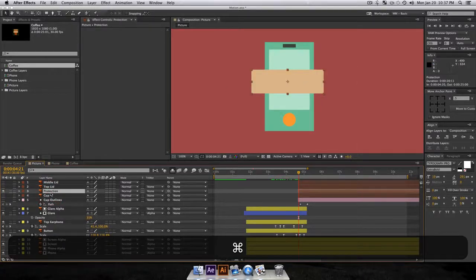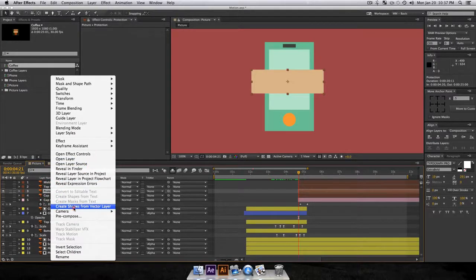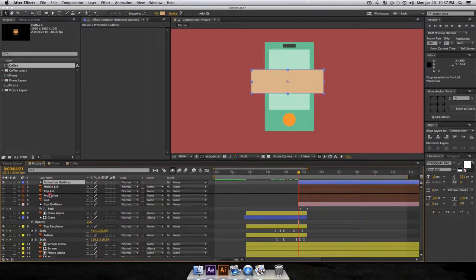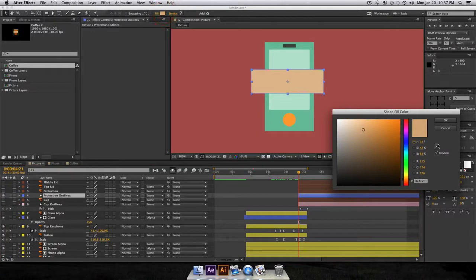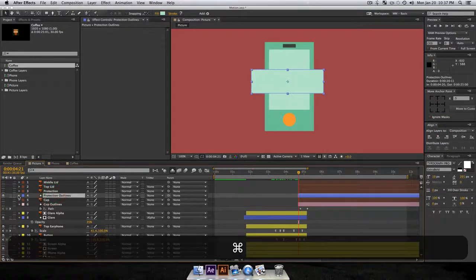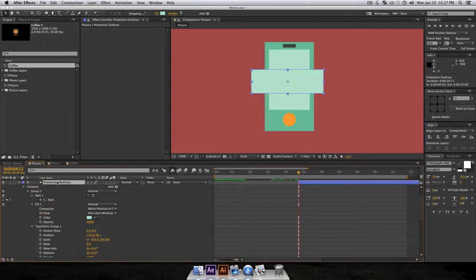So I'm going to select my protection layer, right click, and go to Create Shapes from Vector Layer, and just drag this down right under my protection layer. Go up into my fill here, and I will select the same color as my screen. Perfect. Hold Command and click my little twirl here, and I'll twirl that down, set a position keyframe, press U